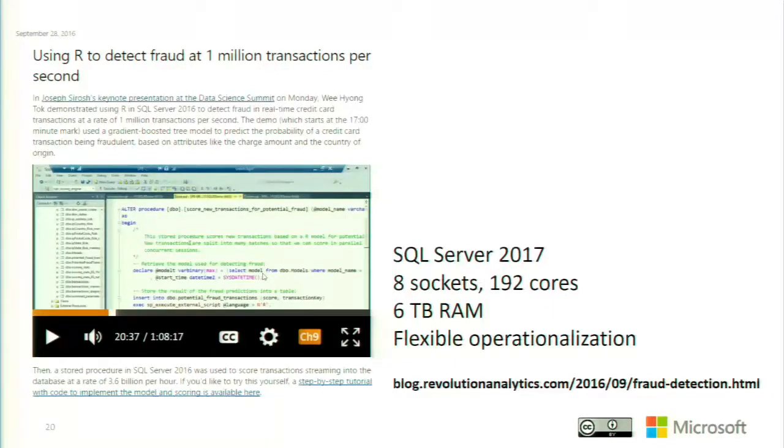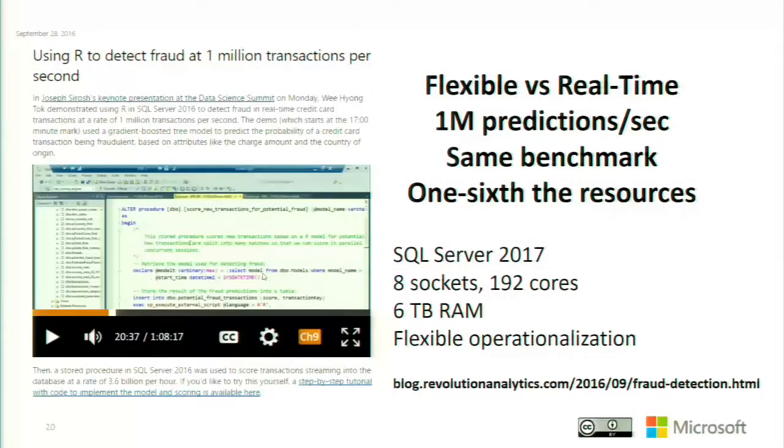So I decided to actually look at a different data set and try to do it in the cloud. But since we did this demo, the new real-time prediction capability came about. And as we just saw, because we've moved from the flexible version that was used for this older demo to the real-time prediction capability that we have now, I was able to get to that 1 million predictions per second benchmark using a much, much smaller machine. In fact, about 1/6 the resources. 32 cores instead of 192 cores, and about 1/6 the RAM. So that's pretty cool. But if you want to check out that previous demo, it's available right there on the blog as well.